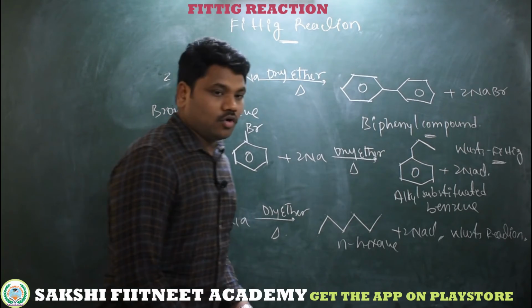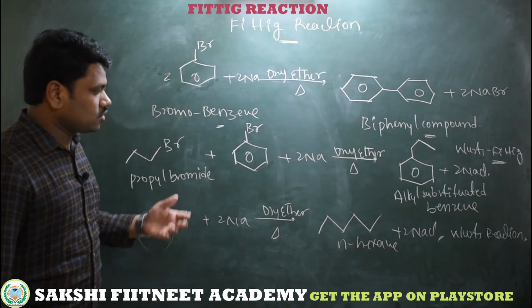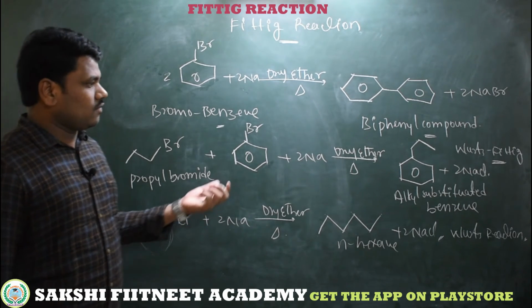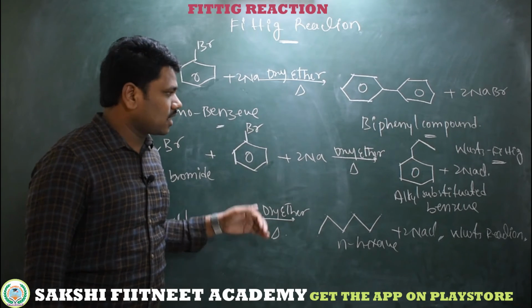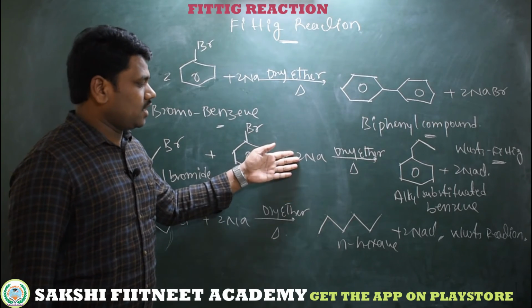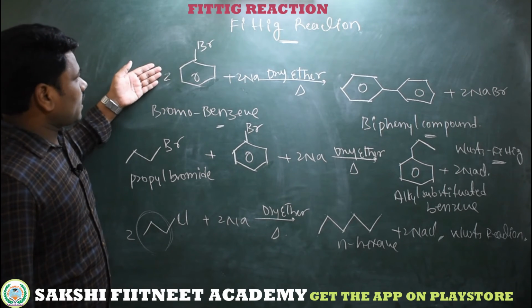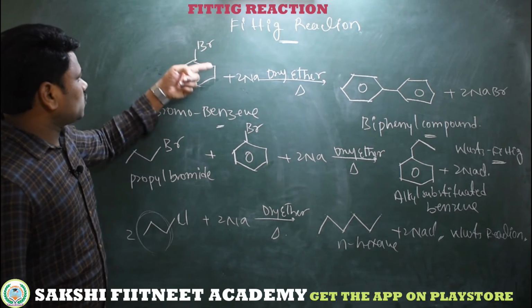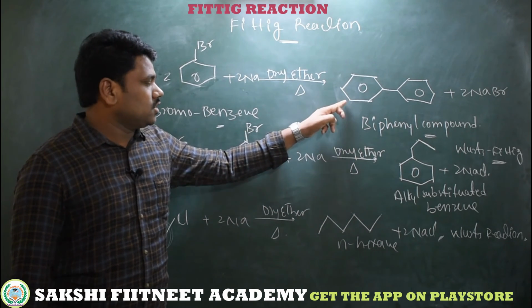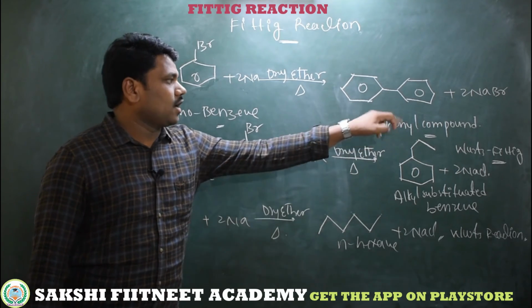We have already discussed Wurtz reaction and Wurtz-Fittig reaction separately in other videos. So you just watch those videos, then you will understand the clear mechanism of Wurtz reaction and the mechanism of Wurtz-Fittig reaction. So here I am taking these reactions again to show what is the difference between Fittig reaction, Wurtz-Fittig reaction and Wurtz reaction. I hope you understand well what a Fittig reaction is. That is a coupling between two aryl groups. We are getting a biphenyl compound.